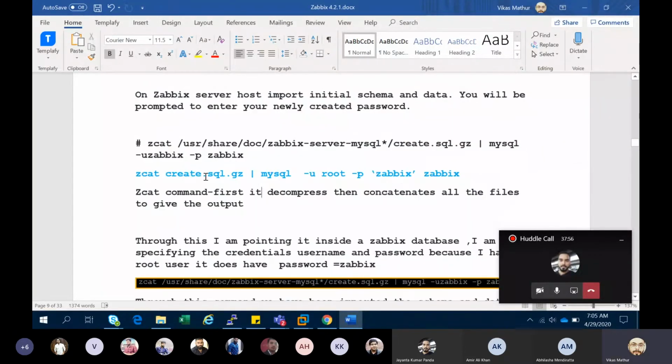So this is the zcat command. What it is doing is decompressing and concatenating all the files and giving an output, which is piped and placed into this Javix database. This is the password. This is the syntax we have to use.